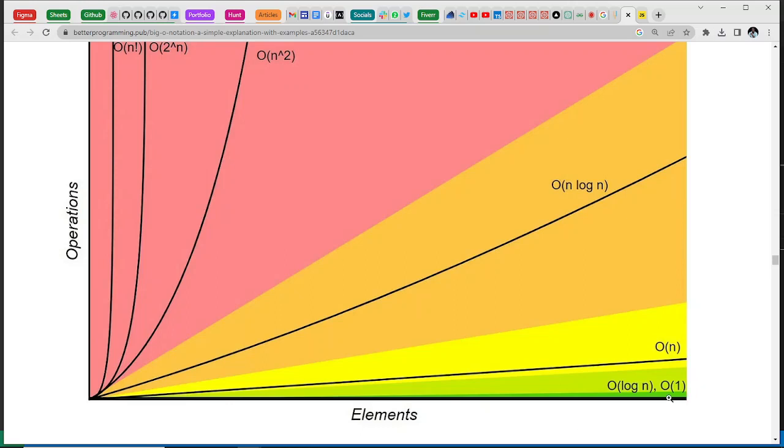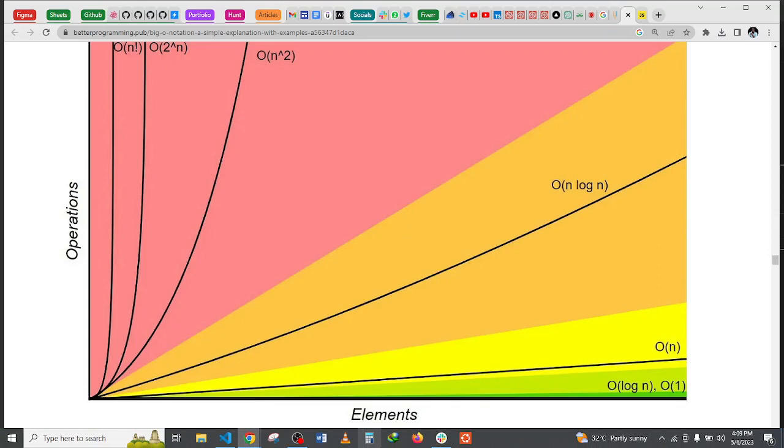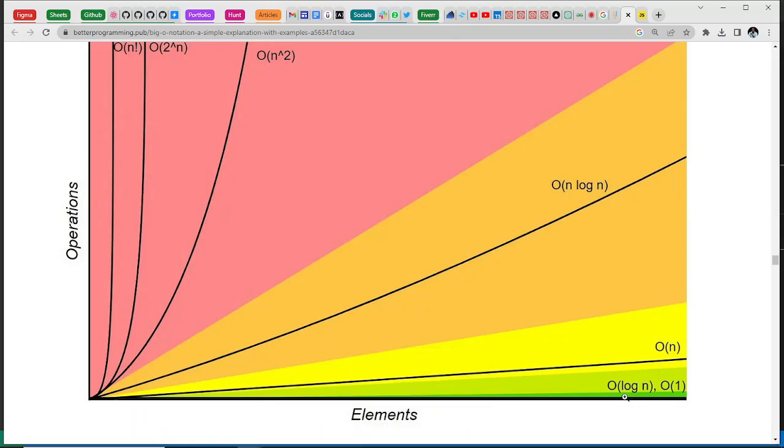So you can see the best one is O of 1, constant time, and O of log n, because log n is not really up to n, as we just showed with that binary search. You can see it was less than the number of